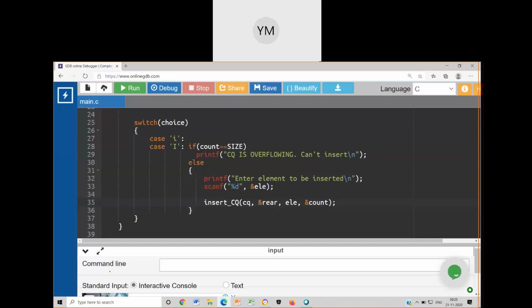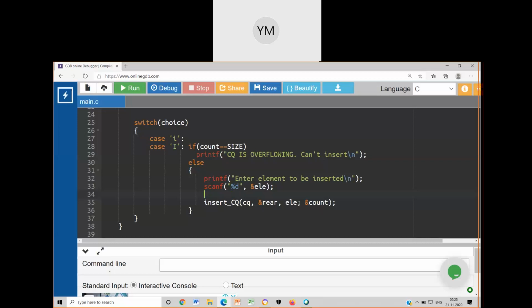Have you understood this? Can't we increase count in else only? Yes, you can do. What Praveen is asking is, I don't want to pass this count here. Instead of passing it as a variable, I will do count plus plus and pass only 3 variables. Well and good, not an issue. In that case, count need not be passed as a parameter in the function. Well and good, well taken.